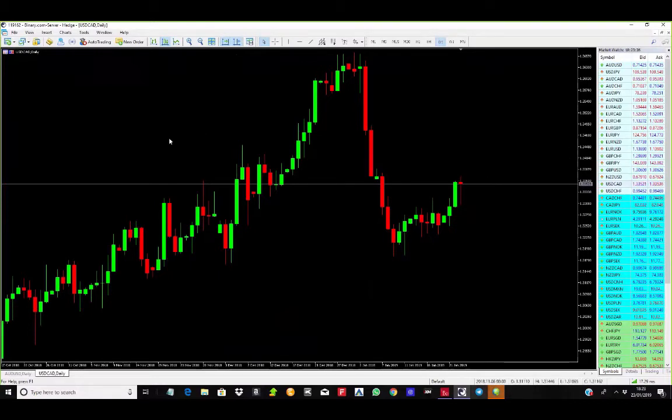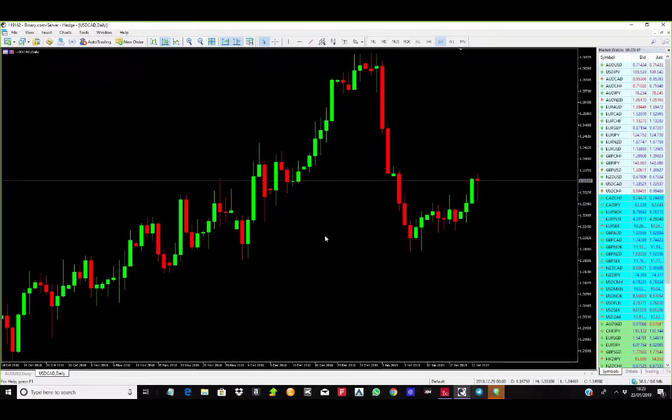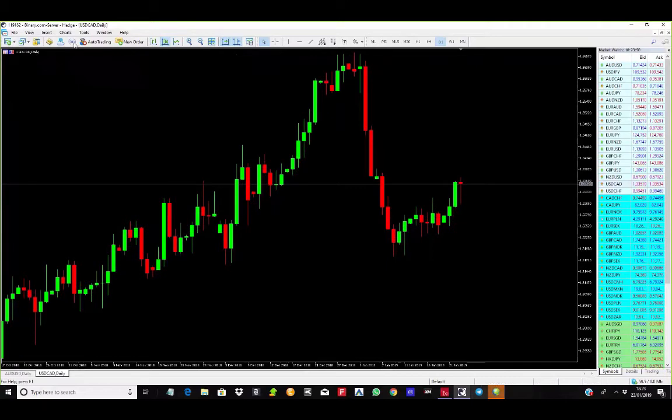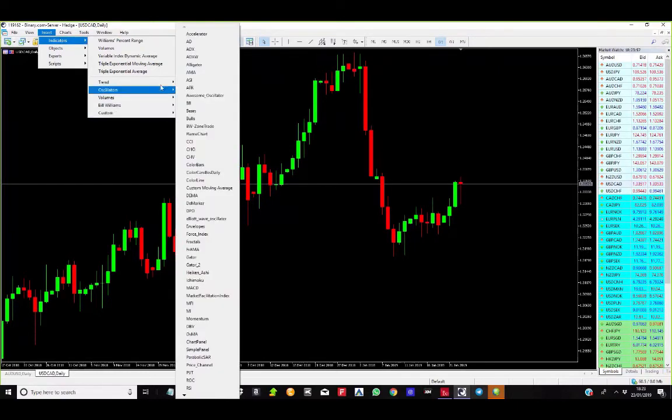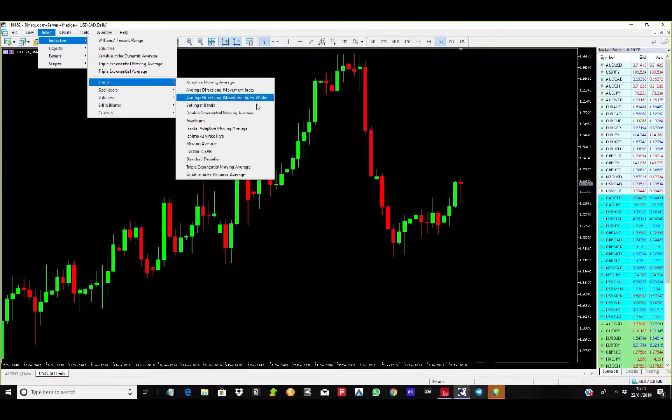But then what we can do is add some additional indicators which will help you a little bit when you're trading, just to see what some of the other traders are looking at. These are basic indicators that you can use, but certainly having some awareness of where these levels fit on your chart can help you in making decisions. So with the MetaTrader 5 platform, I think it's worthwhile putting on